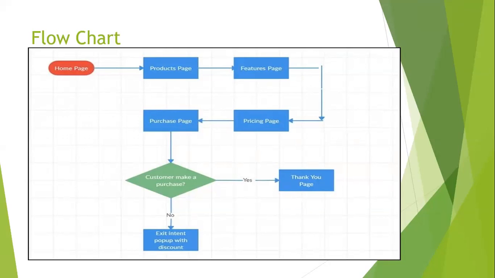And after selecting these things, the user is redirected towards the features page, and in this features page we generally display some product related information, like product description, product price, product brand, and lastly we provide an add to wish list button. After clicking that button, the user is redirected towards the pricing page, and in this pricing page we